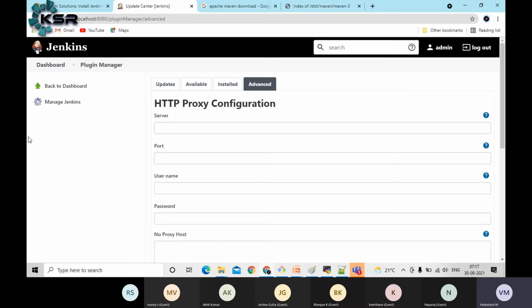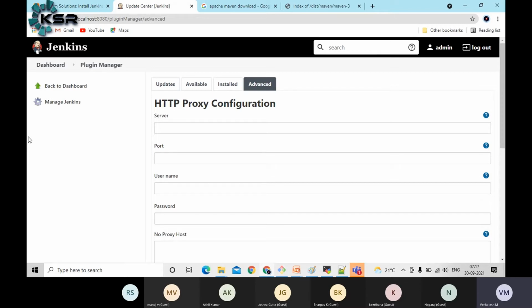That means if you want to download something, first it will send the request to the proxy server, which will validate it. If everything looks good, then it will go to the internet. Then you can download the file. It will track all the history. There is a lot of configuration, guys, due to some security concerns. In these kinds of situations, Jenkins itself won't be able to download any plugins.